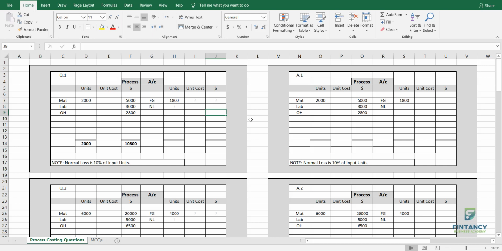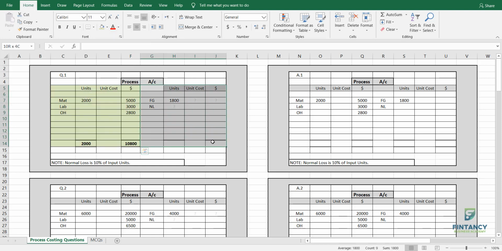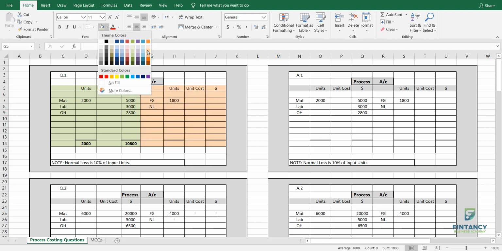Now see, this is like a T account I have created for you. If you see here, this is a T account, right? Everyone? Now, I wrote on the top process account. This thing in the middle, if I click here, on the left side, this is your debit side, and on the right side, this is your credit side. If you want, I can color for you also, so it's more clear. For example, this green area is your debit side, and this orange area is your credit side.